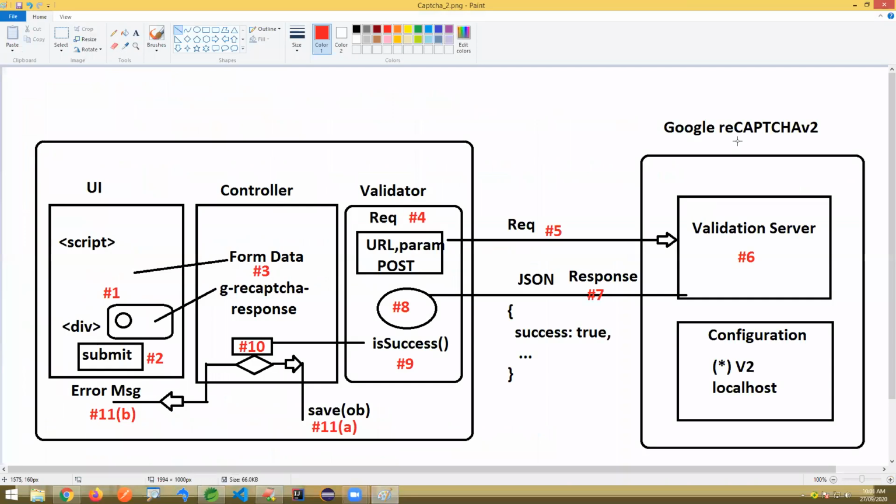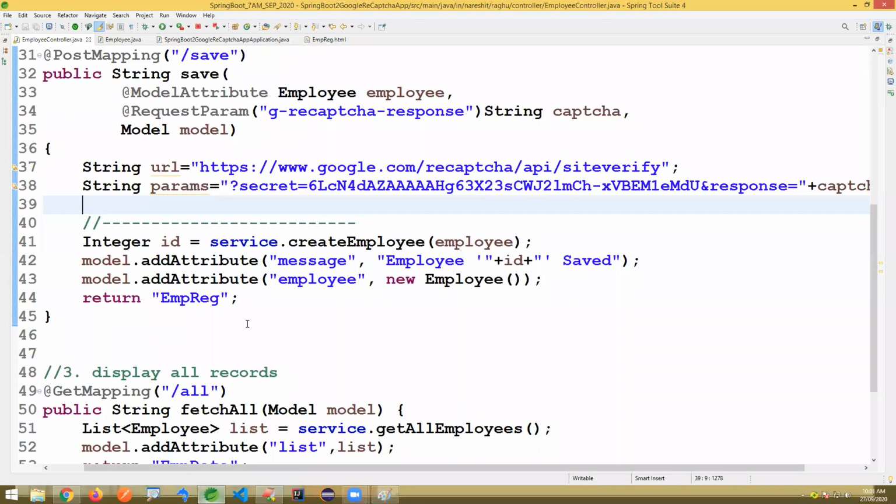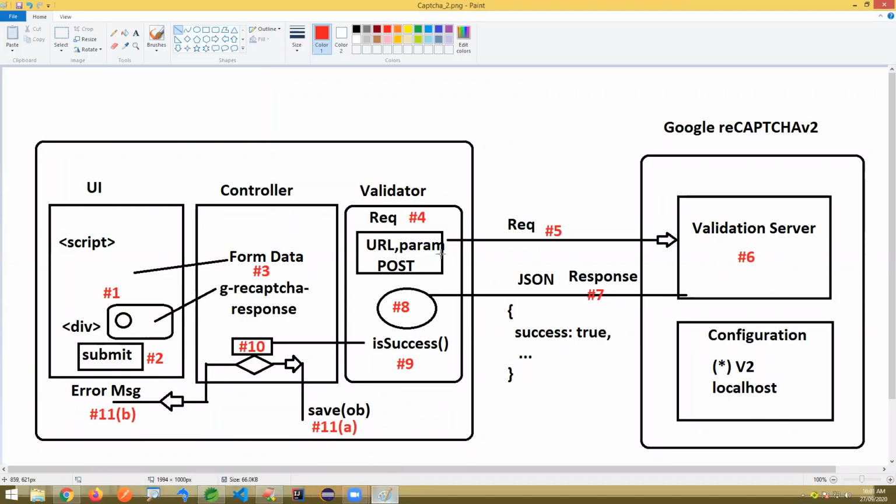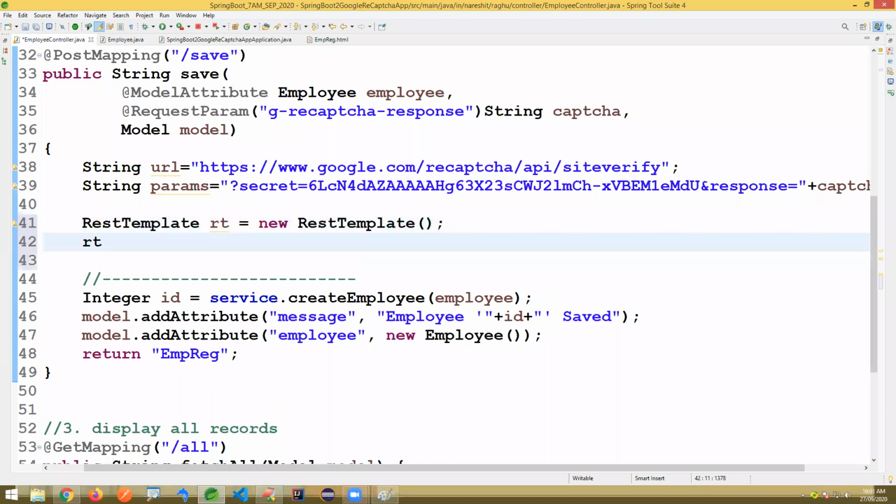Next, what we need to do, we have to make a call to Google reCAPTCHA by taking these parameters, URL and post type request. How to make a request? By using RestTemplate, we can make a request. RestTemplate rt is equals to new RestTemplate. RestTemplate is actually an HTTP client that supports making HTTP calls. If you want to make get request, post request, okay. Creating a direct object like this is not good. We have to create a one-time configuration object, but I'm just showing a simple output. That will make a request, it's a post request, and you will get the response back.